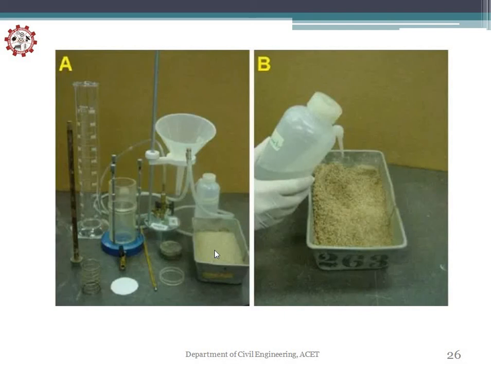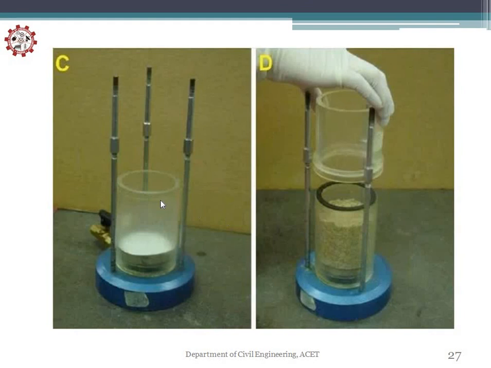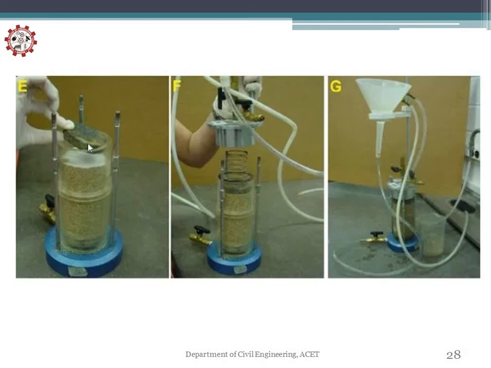This is the sandy soil taken and moistened first, by adding water. After that, take this falling head or variable head apparatus, add the soil, attach this container above the soil and again pour the soil, then add the porous plate. This is the porous plate at the bottom, this is the porous plate at the top. Then join this container's cover, which has the tube at the top, and after that pour the water.